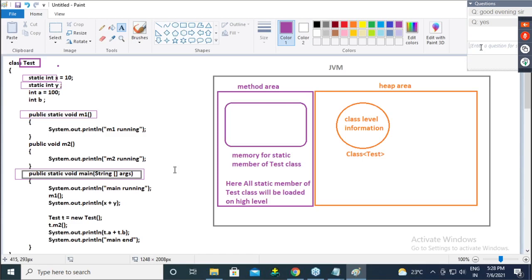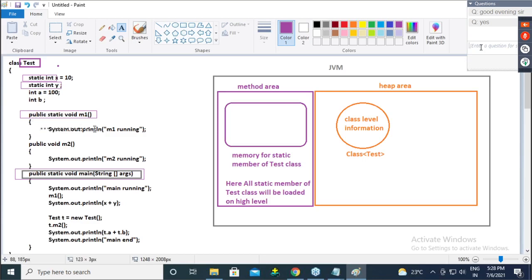But tell me, guys, will he count everything? How many spoons you have, how many plates, how many buckets, how many plastic items? Will he count like that? No. Guys, such a kind of counting, such a kind of loading is a high level idea. Same thing JVM is doing here. High level: okay boss, two variables are there, one method is there, one main method is there. Okay, done.